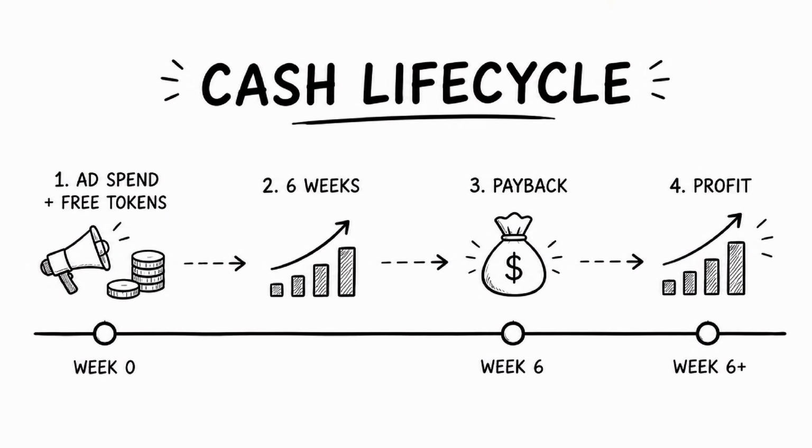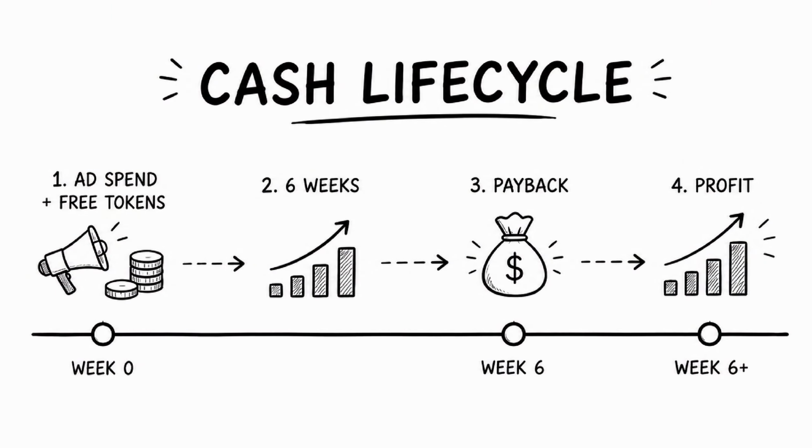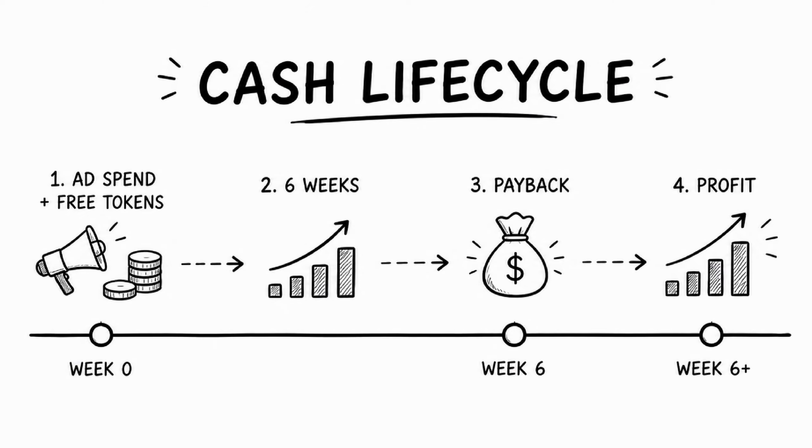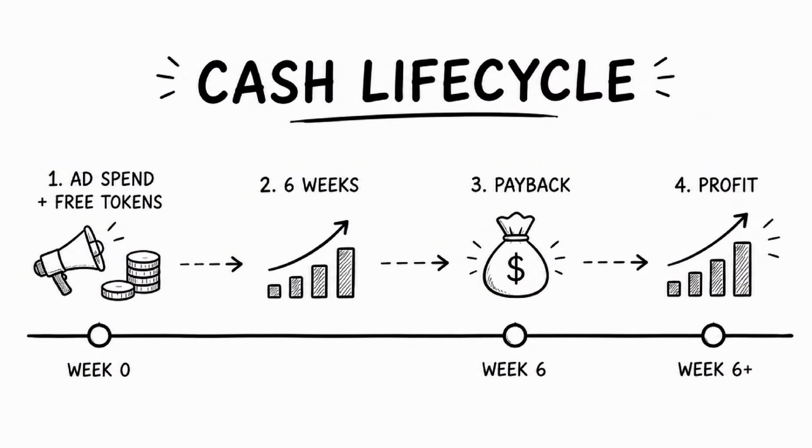And then that cash lifecycle can let you know how much cash you need in reserves for marketing. And you can know for every $300 I spend on new users, they will also spend $400 on tokens before we start to get money back. But then after about 6 weeks on those users that we spent $700 total at the top between advertising and free tokens, we get our money back in 6 weeks and start to profit. That would be an important customer life cycle fact for you to know.